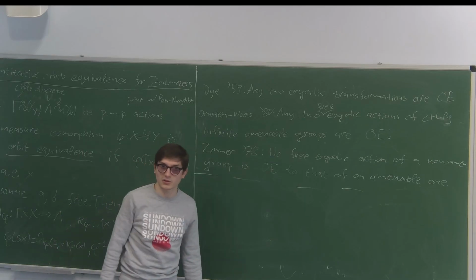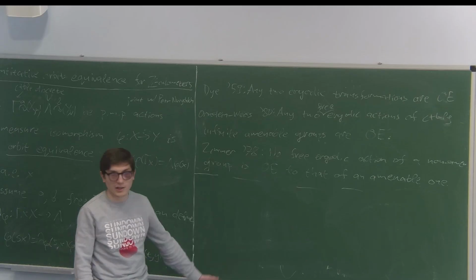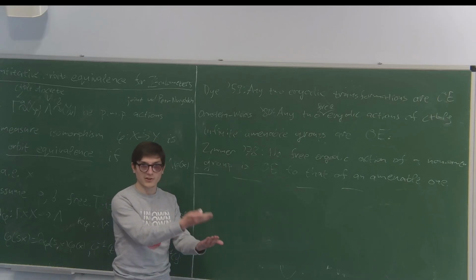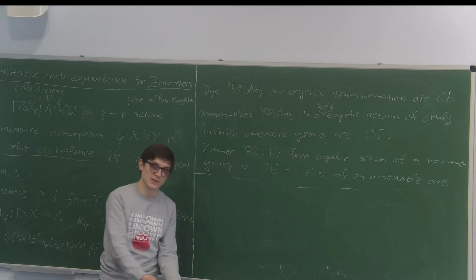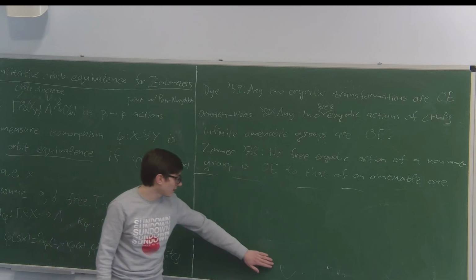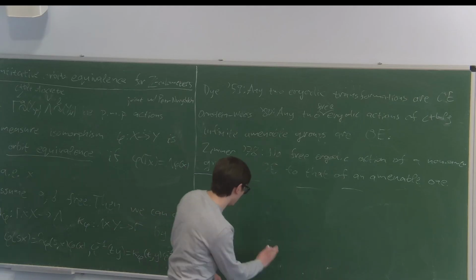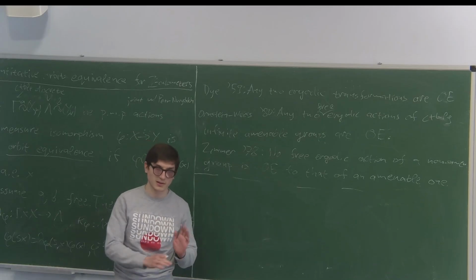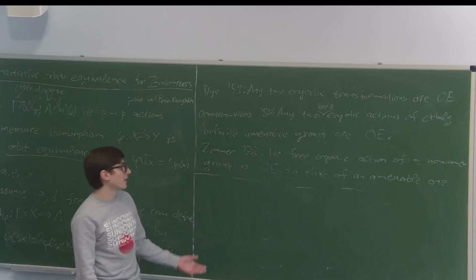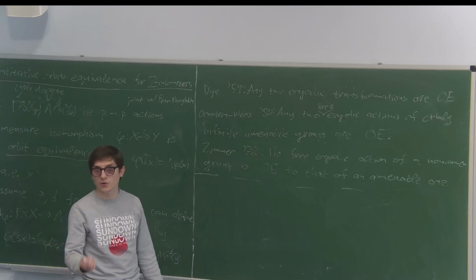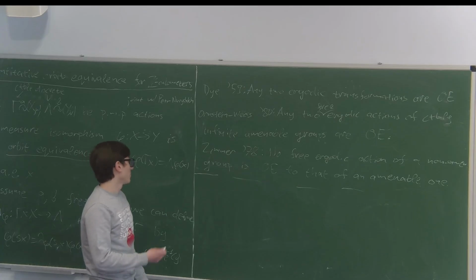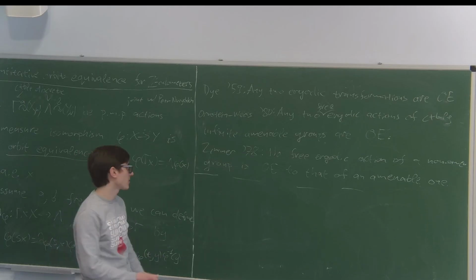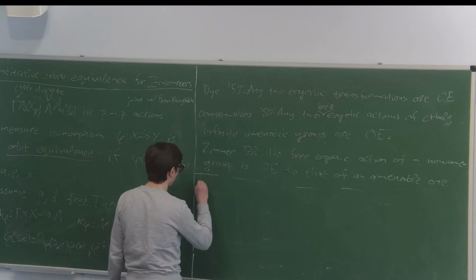I mean, Karen mentioned in her mini course the classification of Cantor minimal systems, and there, even though you only have actions of Z only on Cantor spaces, you still get a rich classification theory up to orbit equivalence, because it's the topological realm of things. And even on the measurable side, if you go to non-amenable groups, you could even witness rigidity of one specific action. So if you take, remark,